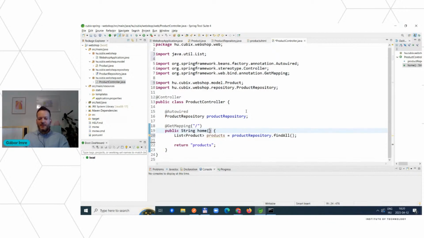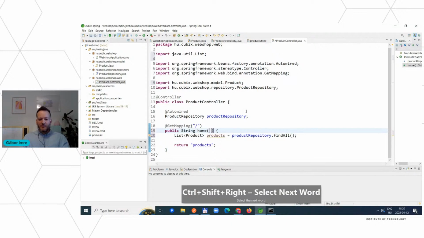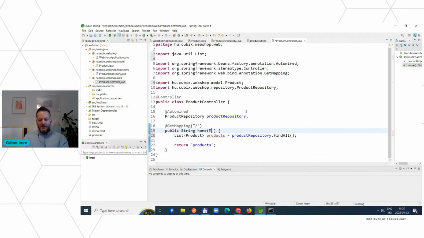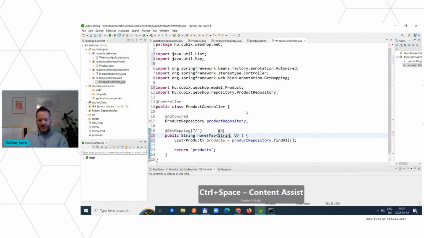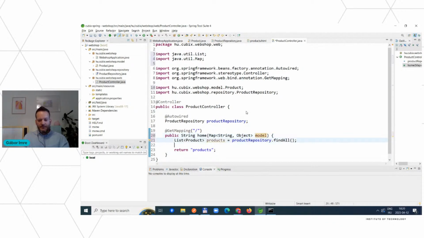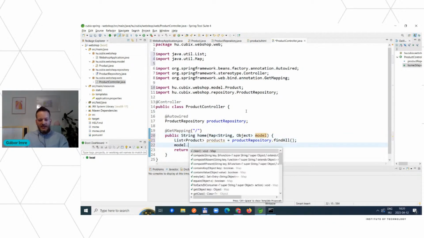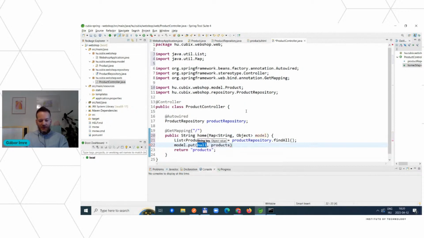The model will be simply an argument of this home method, and the model will be represented by a java.util.Map, where the keys will be strings and the values can be any objects. So I will call it model, and I simply call model.put, and the name of the object will be products, and I add here the products